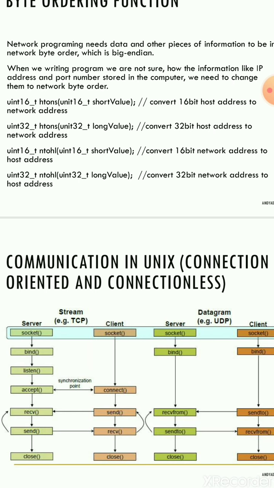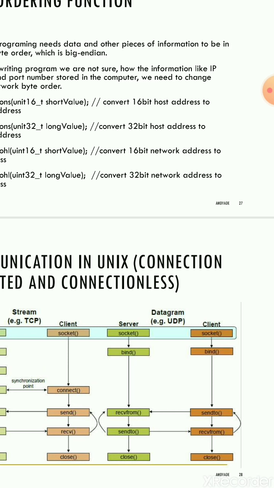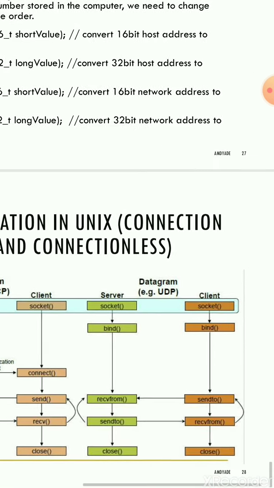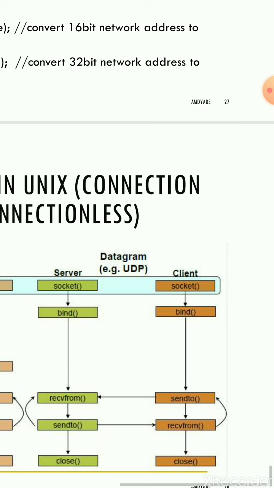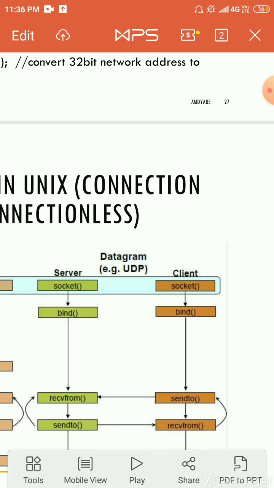First I will show you the connectionless process. In this we are using the bind command, and this is nothing but send to and receive from. We are going to discuss what happens first on the server side and the client side. First I will tell about the server process. The server process starts first, and it calls the socket function to create a socket. Then it calls the bind function to bind the socket with its well-known port number and the IP address of the computer on which the server process is running.